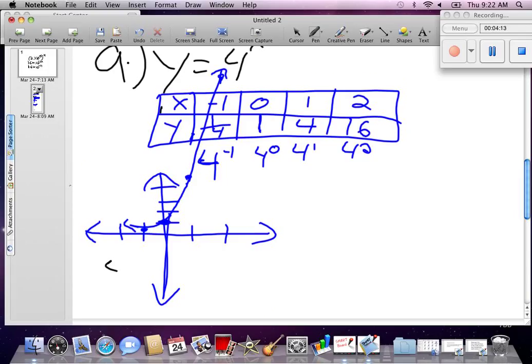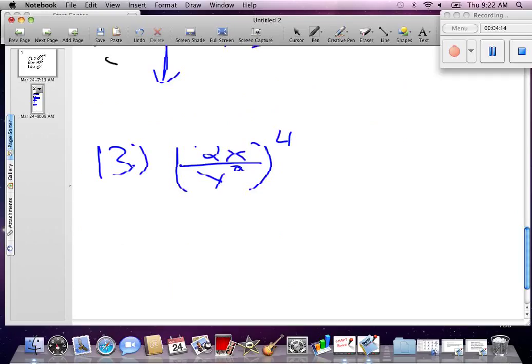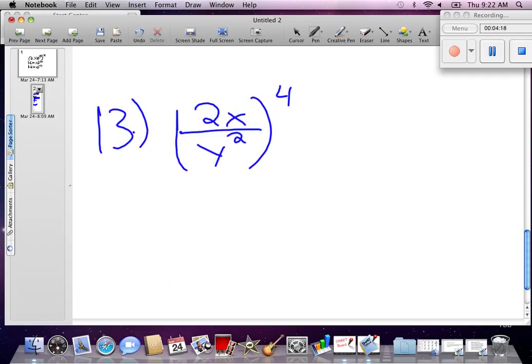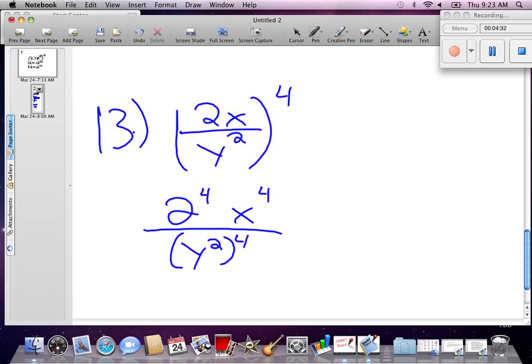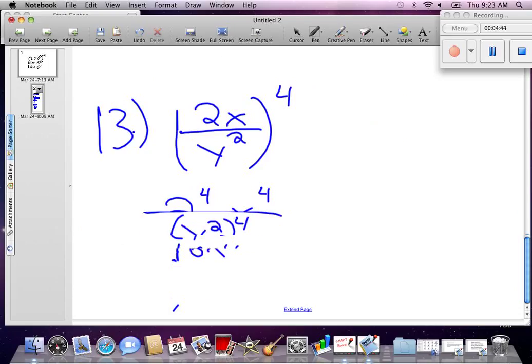Okay, last one. We're going to do number 13. We've got to distribute that 4th power. So we take 2 to the 4th power, x to the 4th power, over y squared to the 4th power. 2 times 2 is 4, times 2 is 8, times 2 is 16. So we get 16 x to the 4th all over y to the